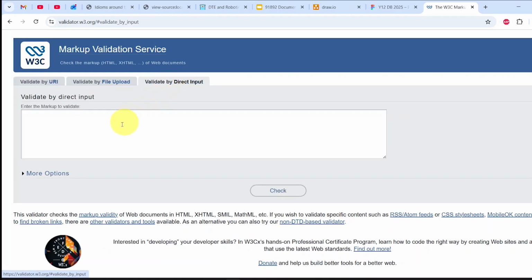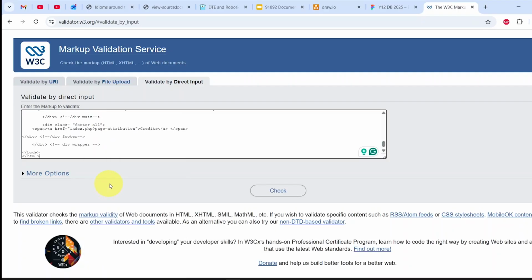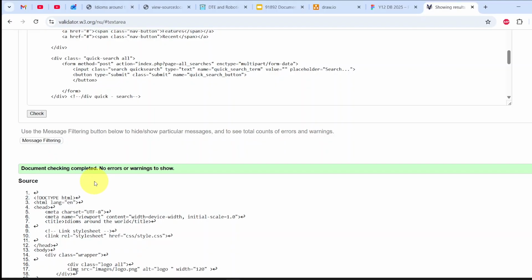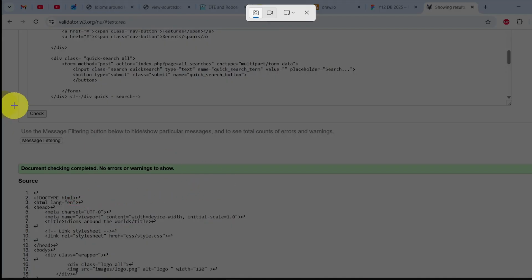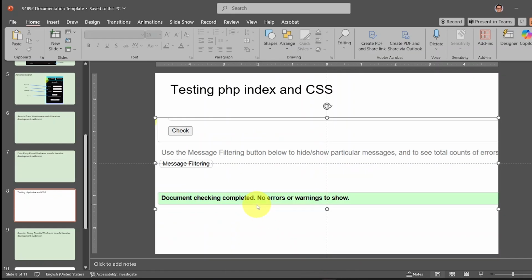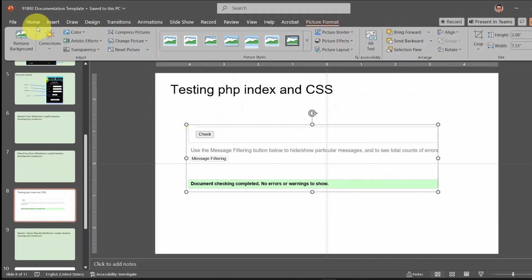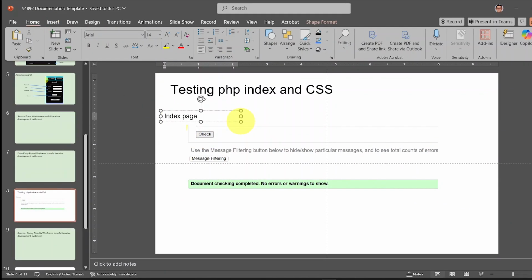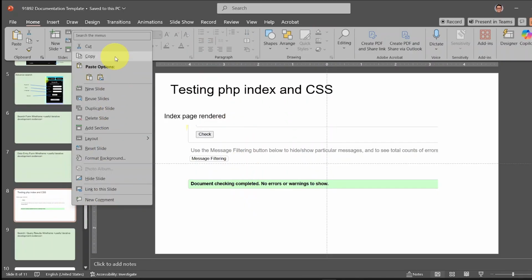I'm going to use direct input, paste, and check. Now we see that our document checking is completed. No errors or warnings to show. I'm going to screenshot this part, paste, and I need to clarify where I'm testing. In this page rendered, and now I'm going to duplicate